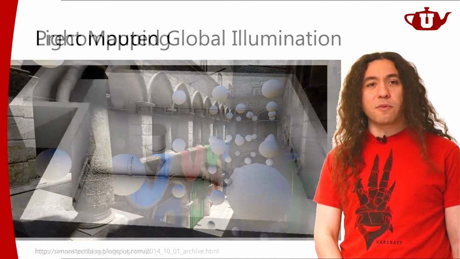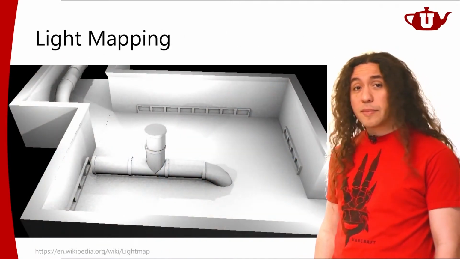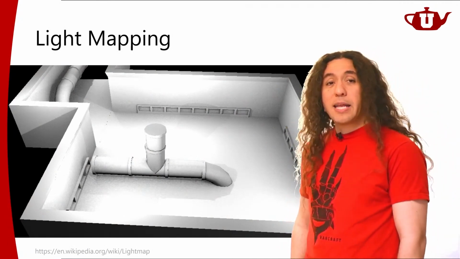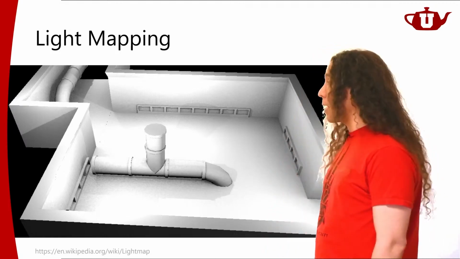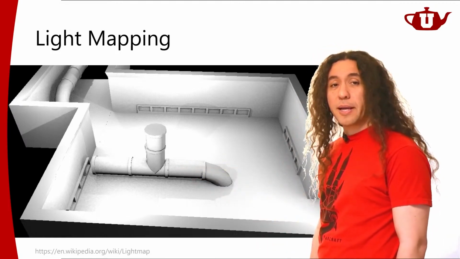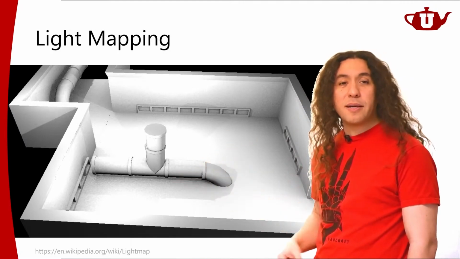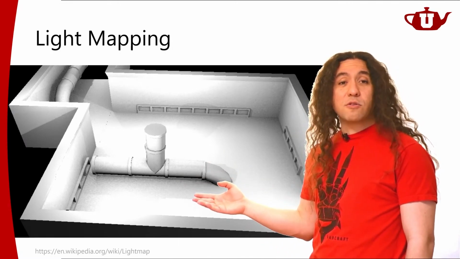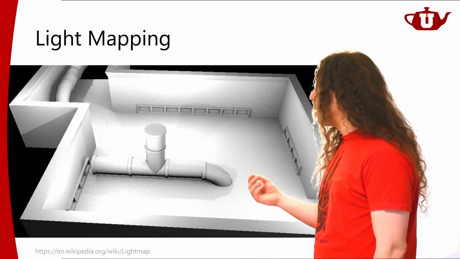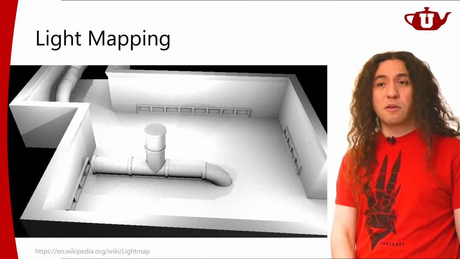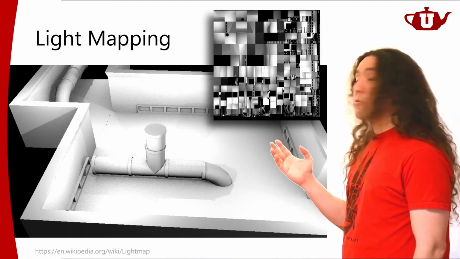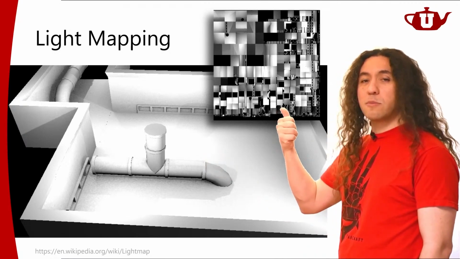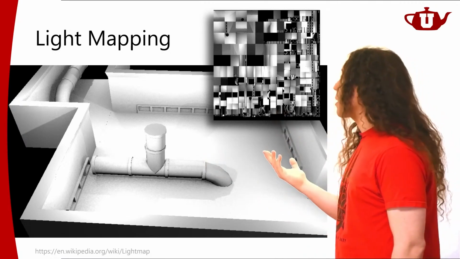Another very popular way of computing and storing the pre-computed illumination is light mapping. This is the idea of using texture maps for computing the lighting information. So in this scene, we're showing just light map textures applied on these surfaces. The texture values for these surfaces are just recording the amount of light that's coming to those surfaces. So you can imagine a texture map that looks like this. And at any point in the scene, I can just look up the texture map value, and that tells me how much indirect light I have at that point.